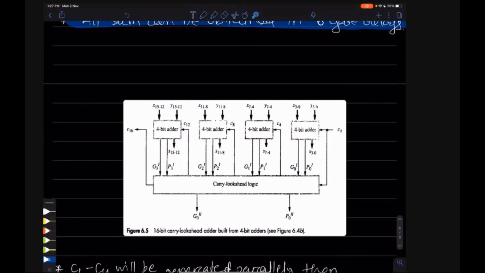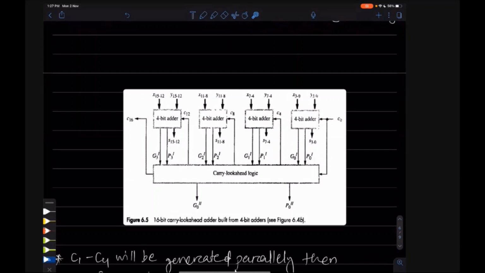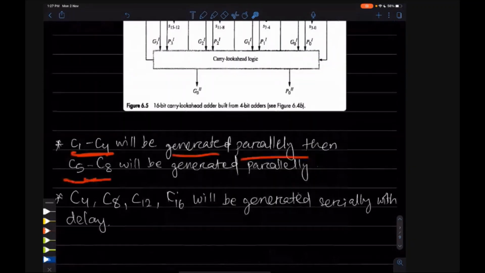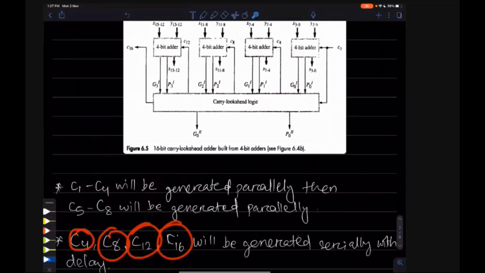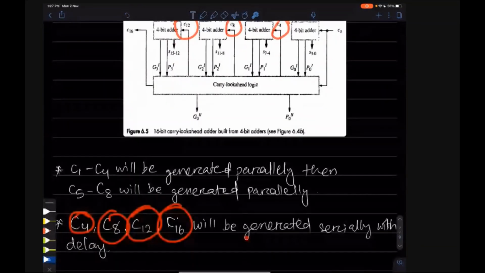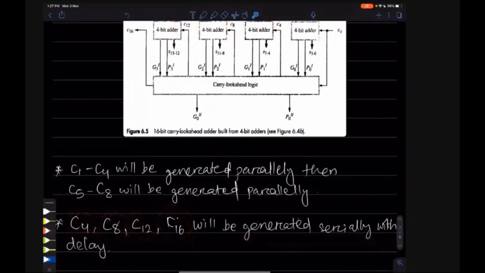So C1 to C4 will be generated parallelly, C5 to C8 will be generated parallelly. Only thing is that C4, C8, C12, C16, these carries have to be delayed. These will be generated serially with delay.